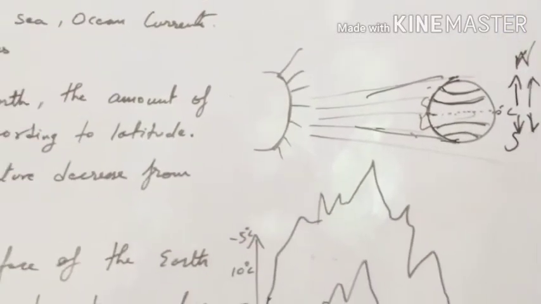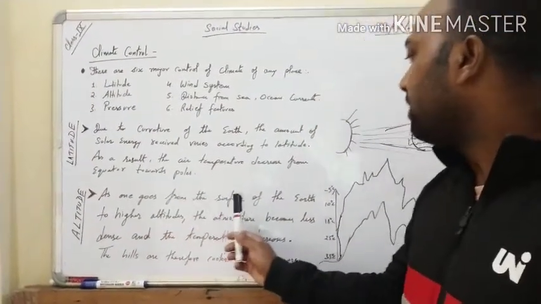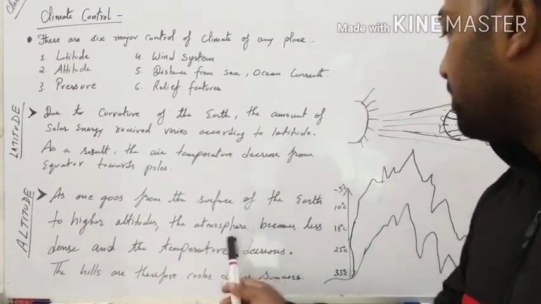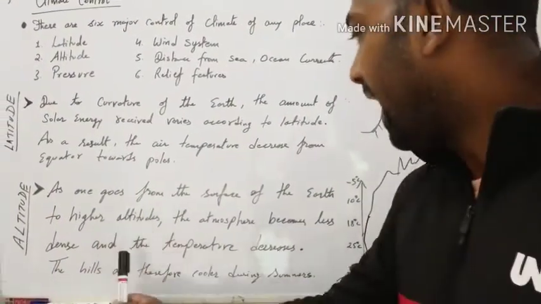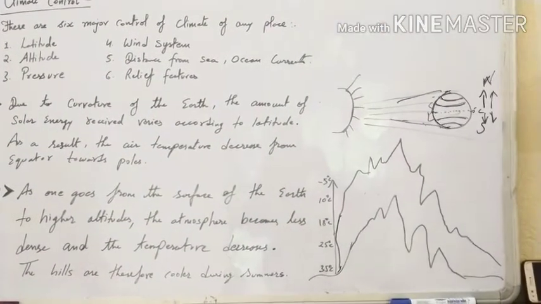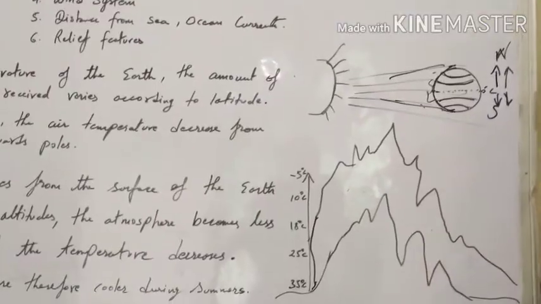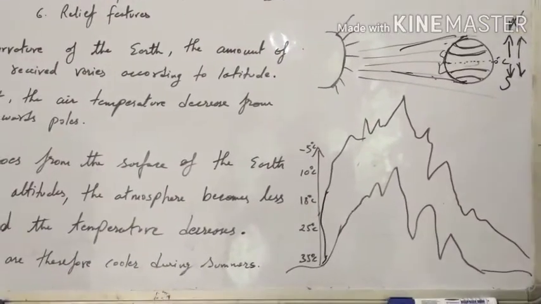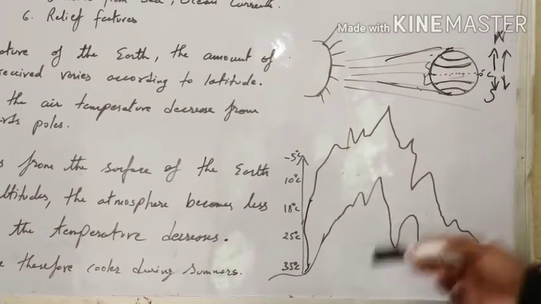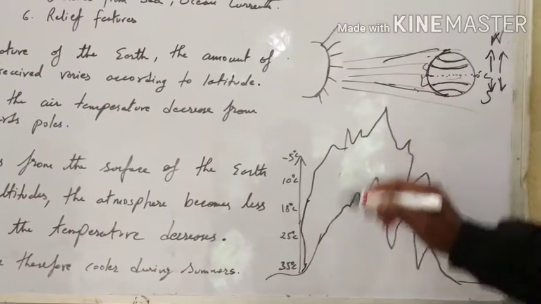Now let us understand another point, that is altitude. As one goes from the surface of the earth to a higher altitude, the atmosphere becomes less dense and the temperature decreases. The hills are therefore cooler during the summer. With the help of a diagram, we will understand this. Suppose this is a hill and the height of this hill is above 2500 meters. This is the altitude of the hill, and as we move upward, the